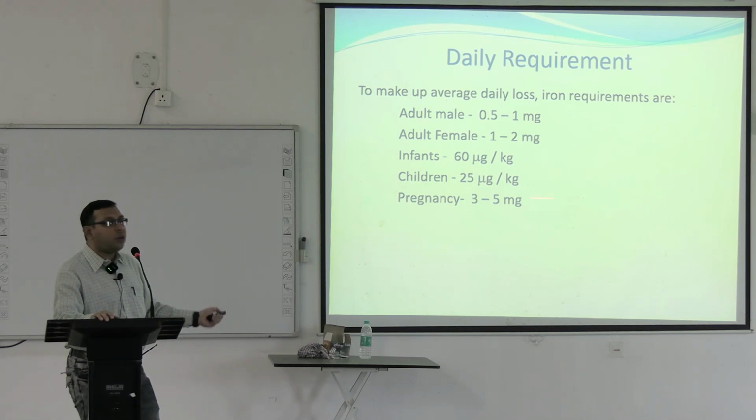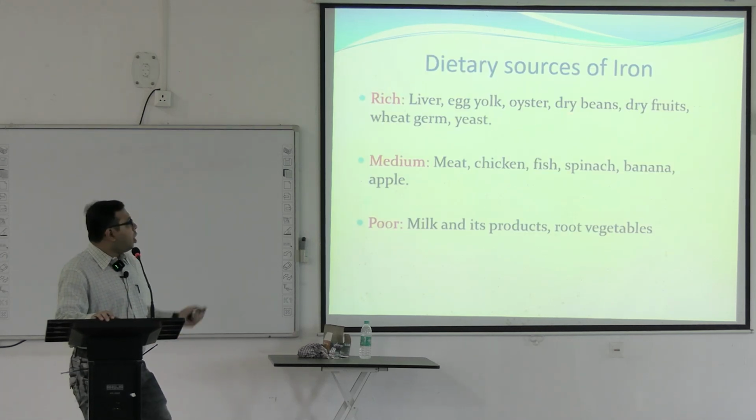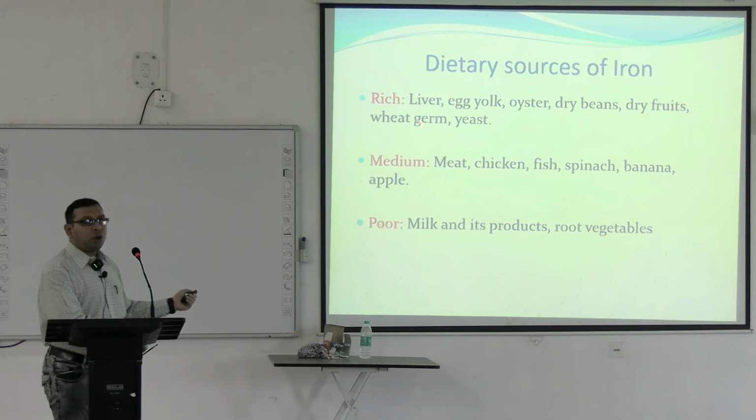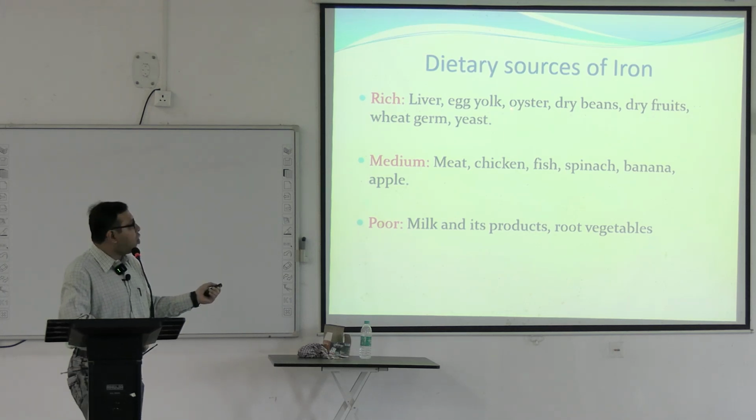The need is approximately 3 to 5 milligrams. Dietary sources: there are some sources where the iron is more and some sources that contain very little iron. Rich iron sources are the liver, egg yolk, oyster, dry beans, dry fruits, wheat germ, yeast, and somewhat medium sources like meat, chicken,